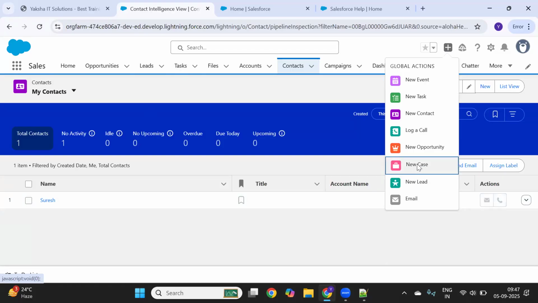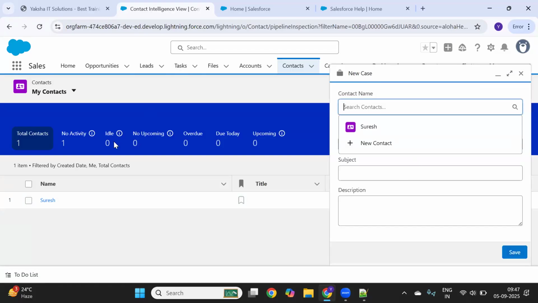Let's say you want to raise a ticket for the customer, a new case. Instead of navigating from the contact to some other page, you can simply use this global action, so that without disturbing your work, the